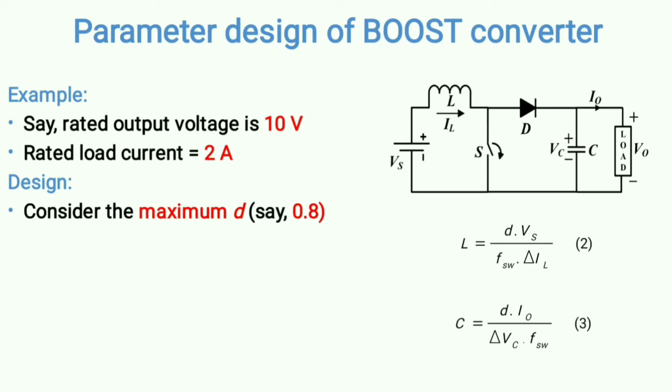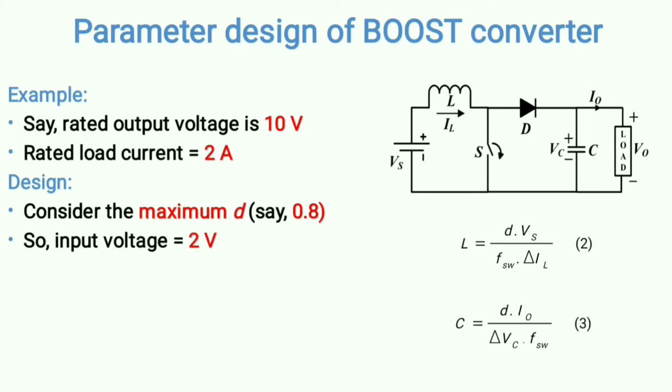And while designing you should also consider this value. Although you can choose any value between 0 and 0.8, like 0.3, 0.5, 0.7, anything, if you choose your duty ratio to be 0.8 while designing, you will get an advantage, which I will discuss later. This is not hard and fast, you can choose anything. This is just my opinion to always consider the maximum value while designing. Alright, so suppose it is 0.8.